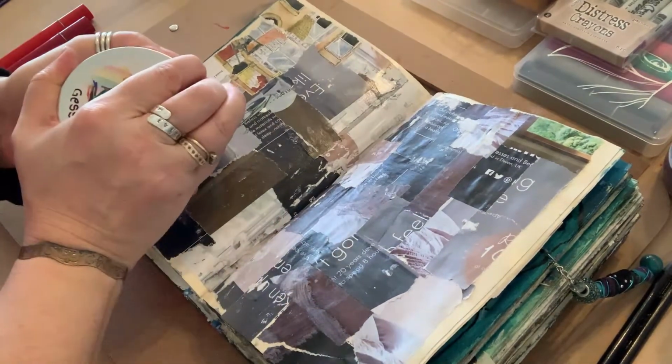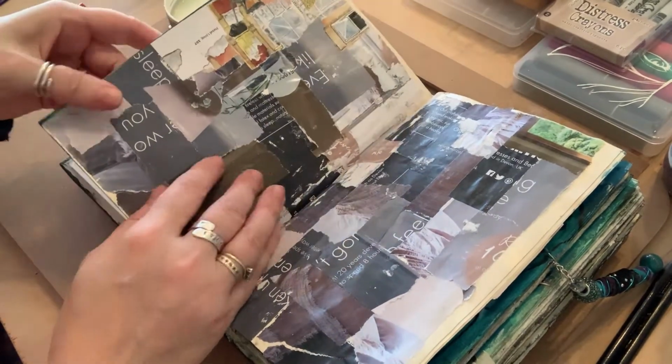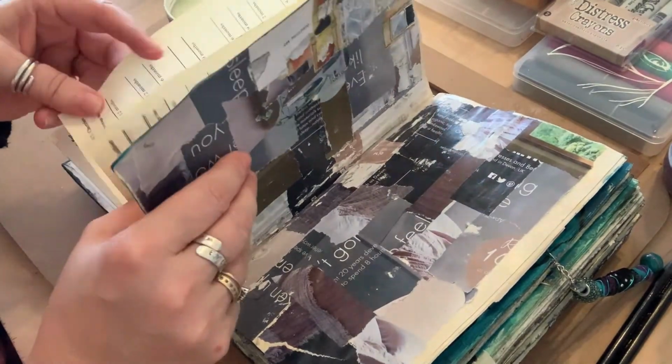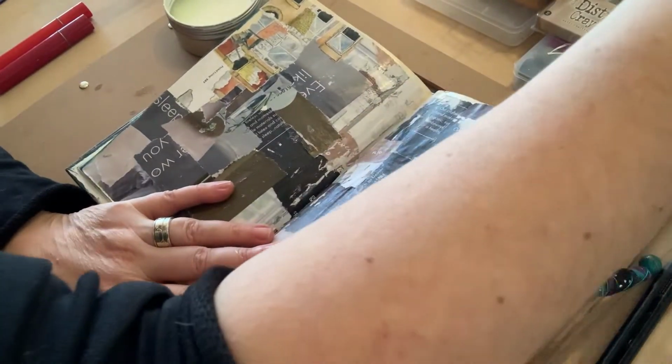Hi, so today, I don't know what we're going to do. We're going to play my favourite to do thing. So I've prepped the pages, I've stuck pages together, and I've put some torn up magazine paper